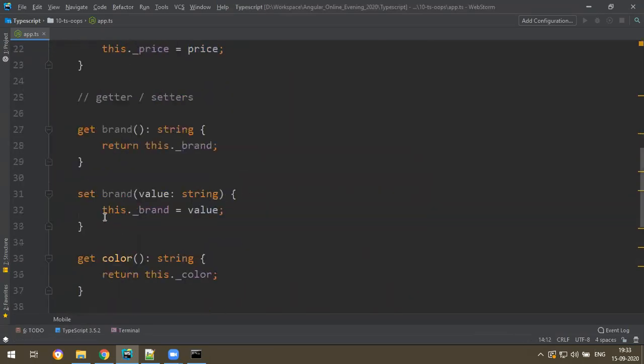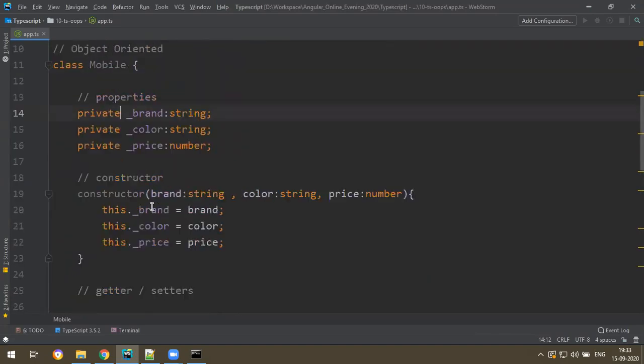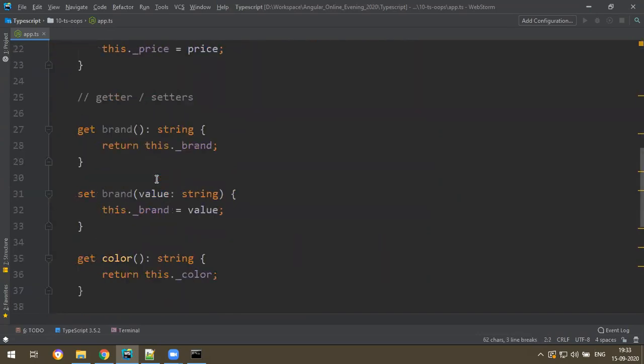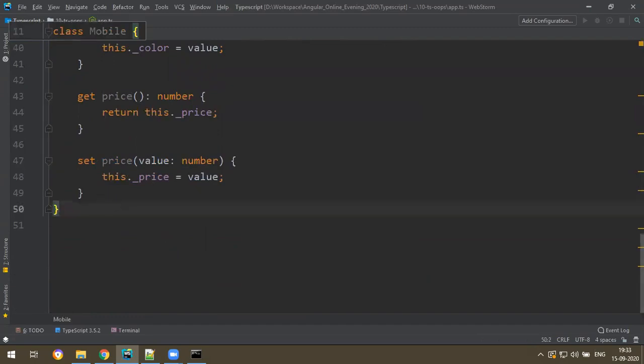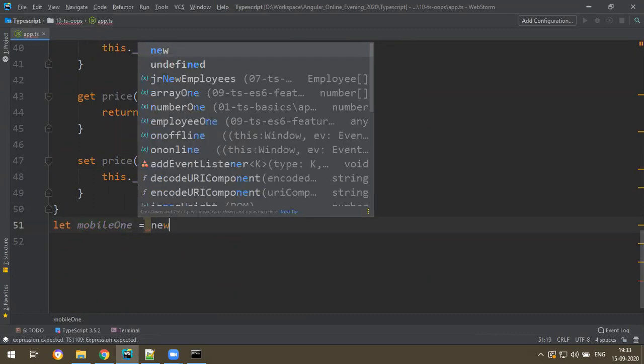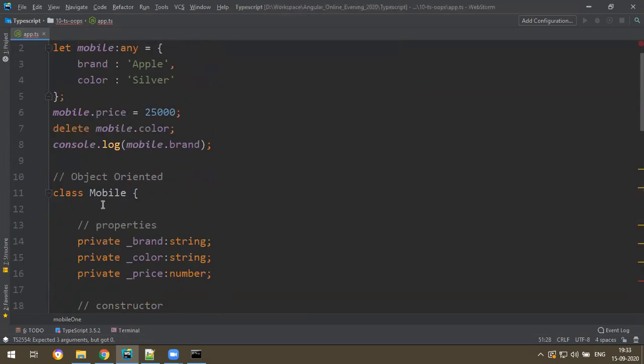Fine. So till now we didn't make any object. We just made a design of it. This is called the designer, just the physical design. Class is a physical design. And then how to create objects? We create an object like this. Let mobile1 is equal to the new keyword, new capital Mobile. Capital Mobile is your class name.